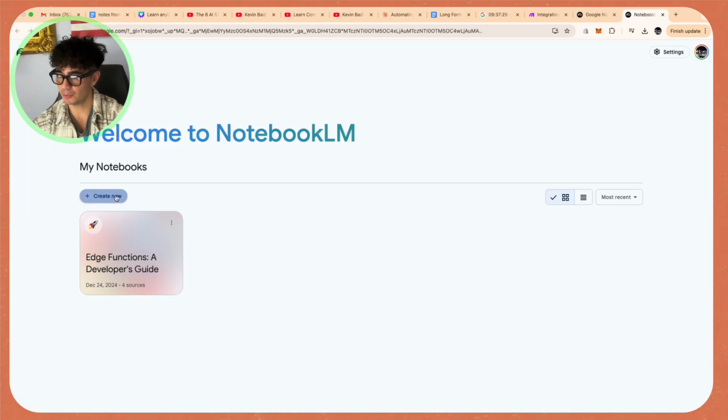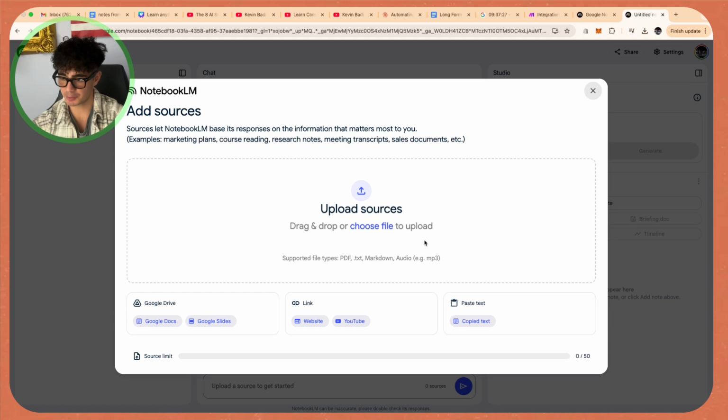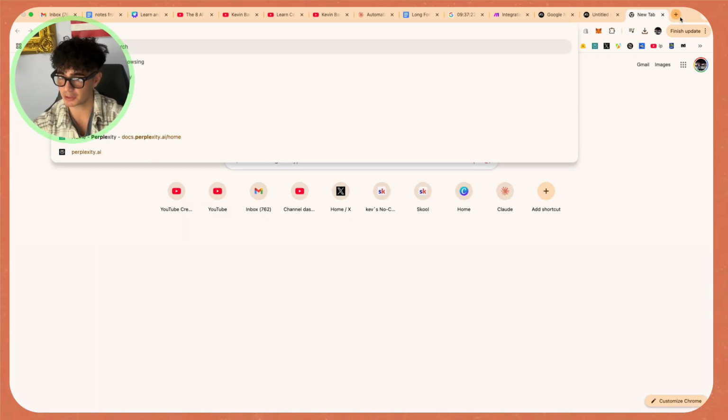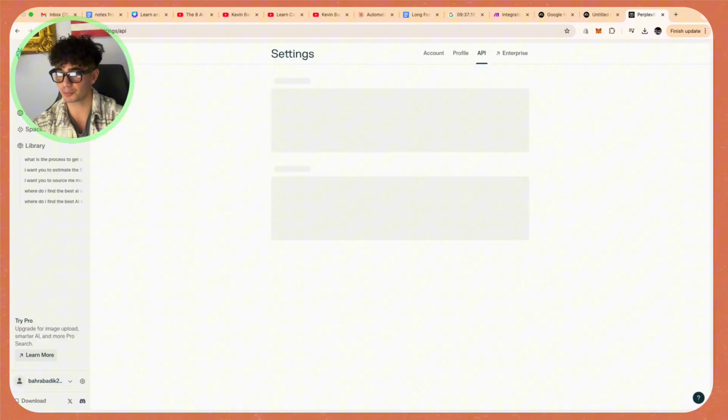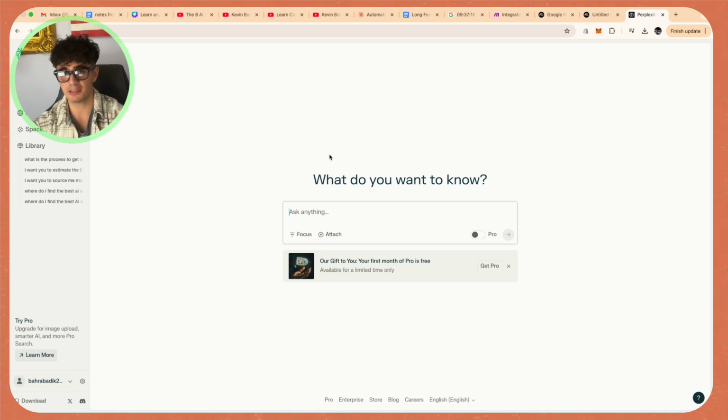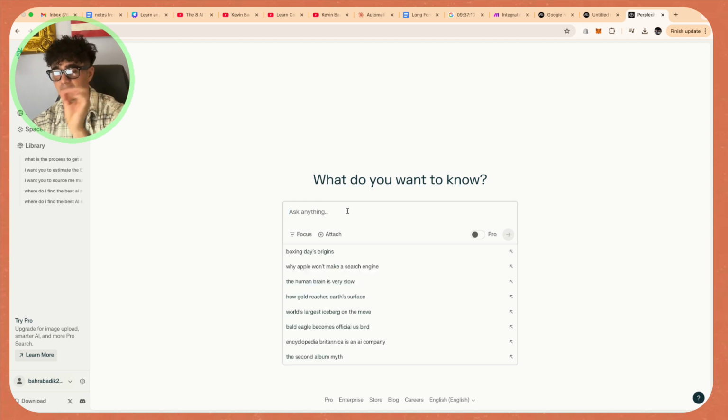We're gonna create a new conversation. And here's where we start uploading all of the different sources, right? The way that I do this is by using two different AI models that are both free. The first one is Perplexity, because Perplexity can grab data from the internet with citations. So it's not just giving you information, it's also showing where it came from, and we can send those links